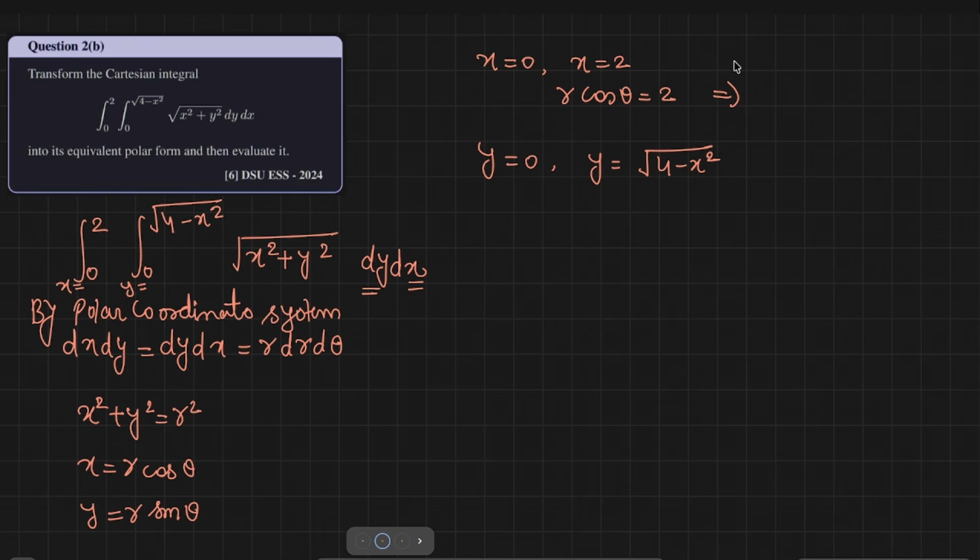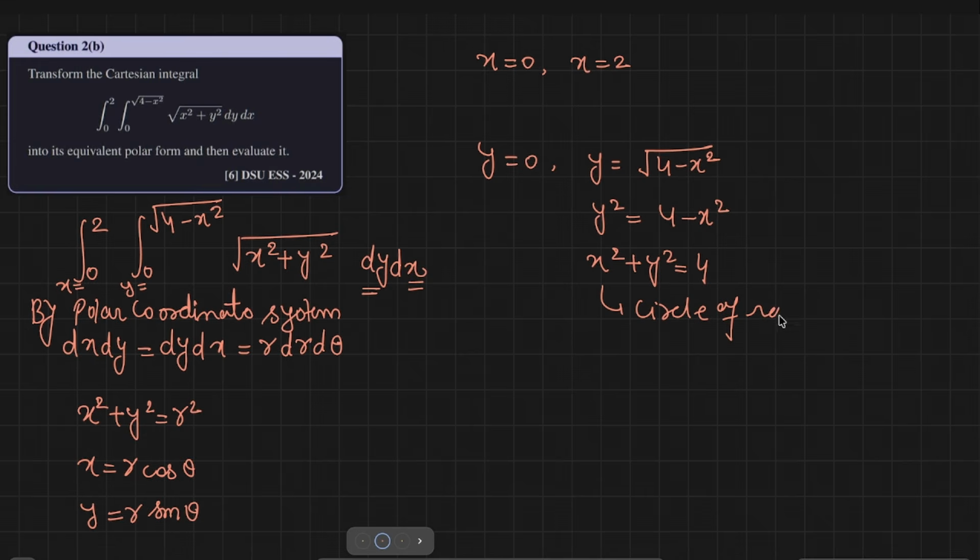Before going to this, can I write like this, y square is equal to 4 minus x square, so x square plus y square is equal to 4, it means it is a circle of radius 2. Once you got the circle, you can simply write down your r limit is from 0 to 2. Okay, and theta is, because it is a complete circle, theta is from